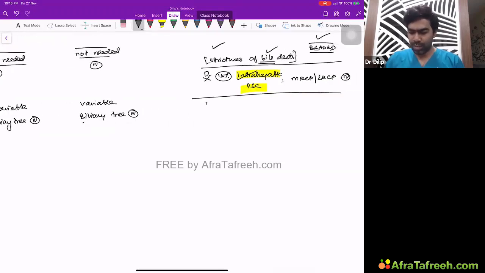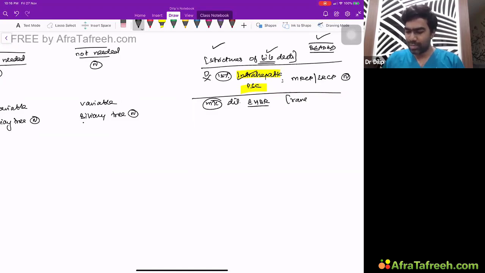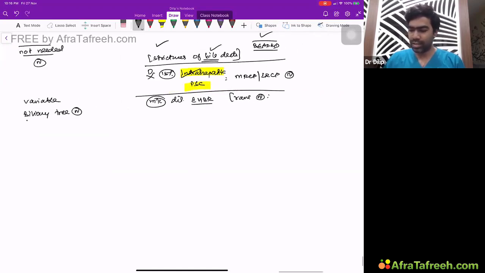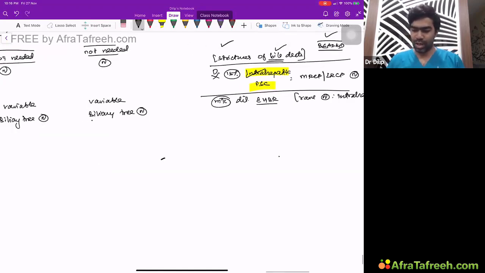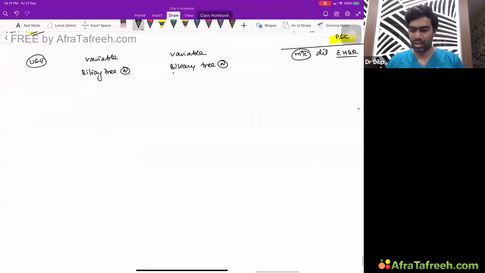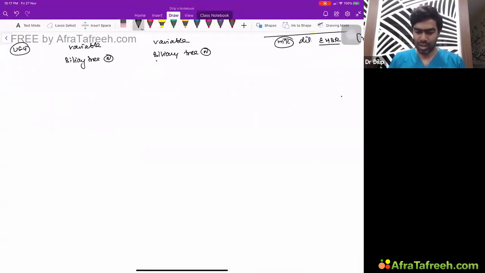In PSC, most commonly, ultrasound will show dilated extrahepatic biliary radicals. EHBR means extrahepatic biliary radical dilatation will be there, but rarely it can be normal, in 15% of the cases, if it's an intrahepatic PSC. With intrahepatic primary sclerosing cholangitis, ultrasound can be completely normal. Otherwise, usually ultrasound will show this biliary duct dilatation. But the classical diagnosis is through MRCP or ERCP only.